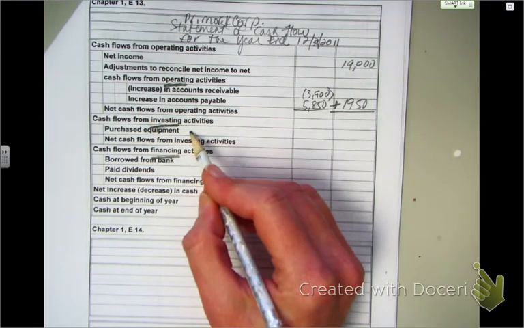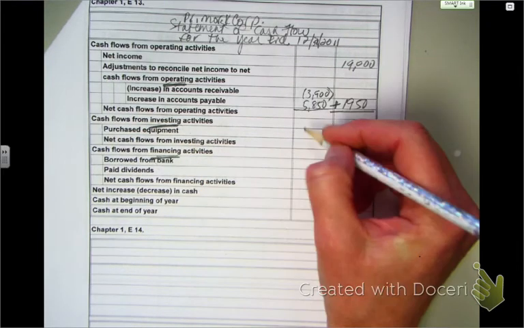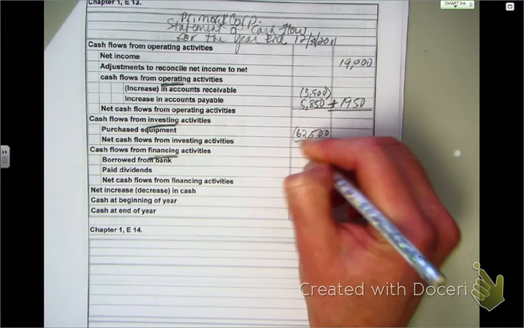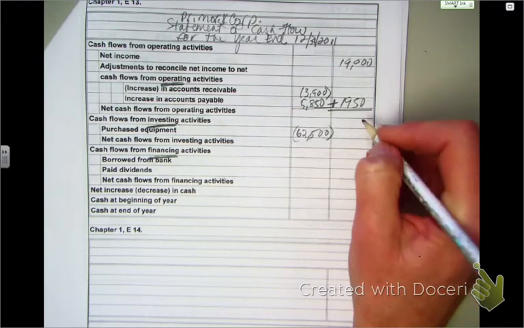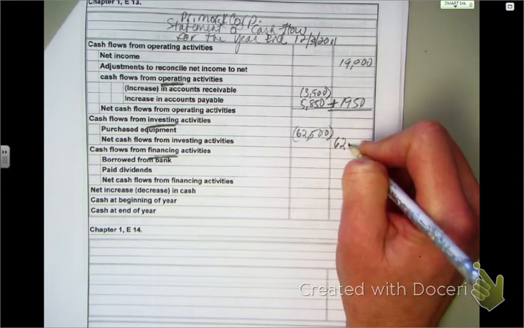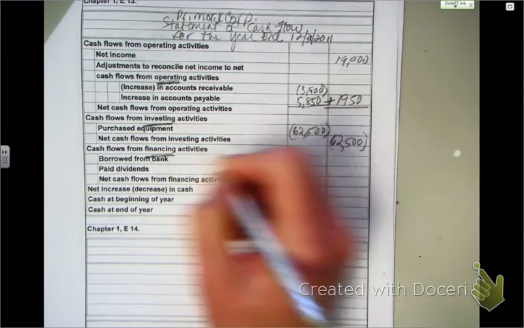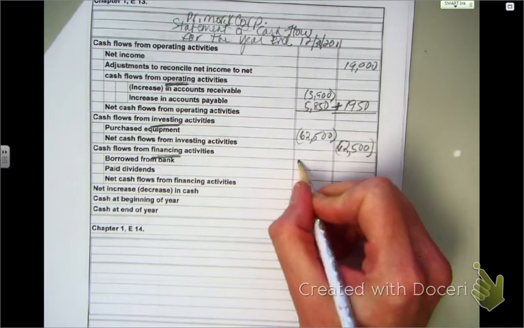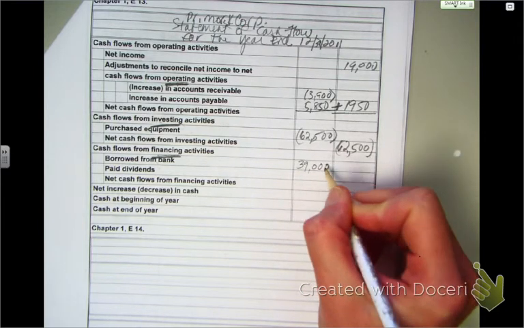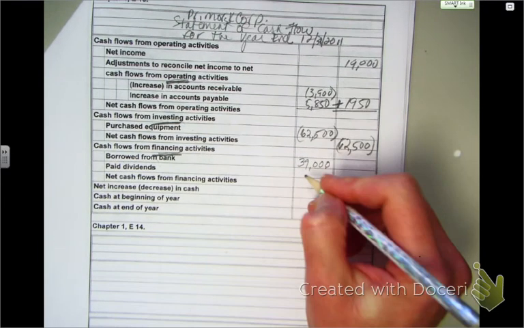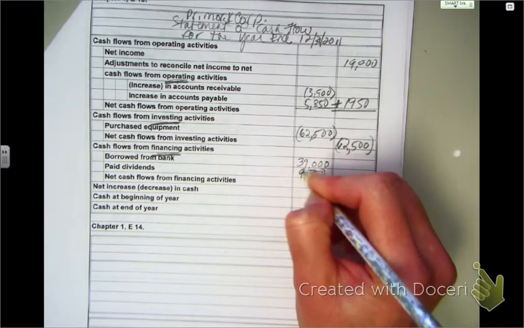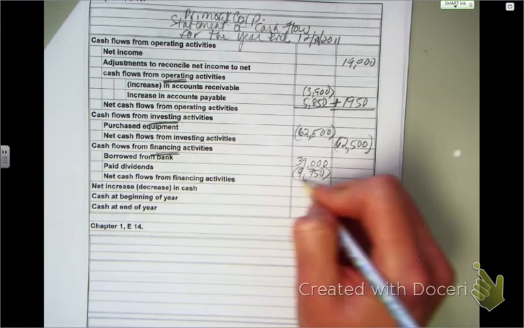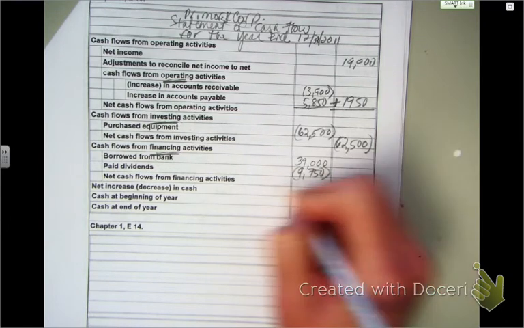So then we had equipment of $62,500, and that was an increase, so that's going to be a use of cash. So we're going to put the total here, use. So cash flow from financing activities was we borrowed money from the bank, so that's going to be $39,000. We borrowed money, that's going to be a source. And we paid dividends, $9,750, that's going to be a use. So we have a net cash flow from financing activities of